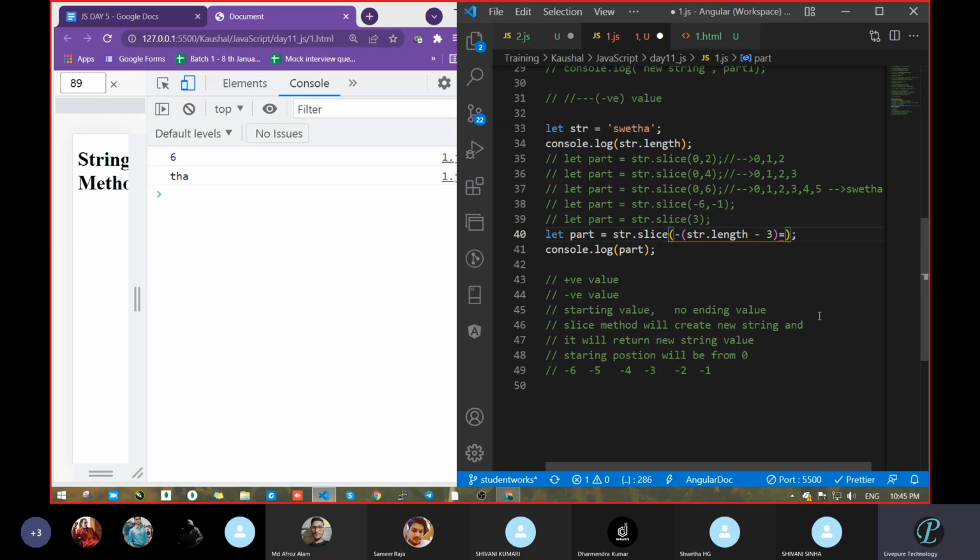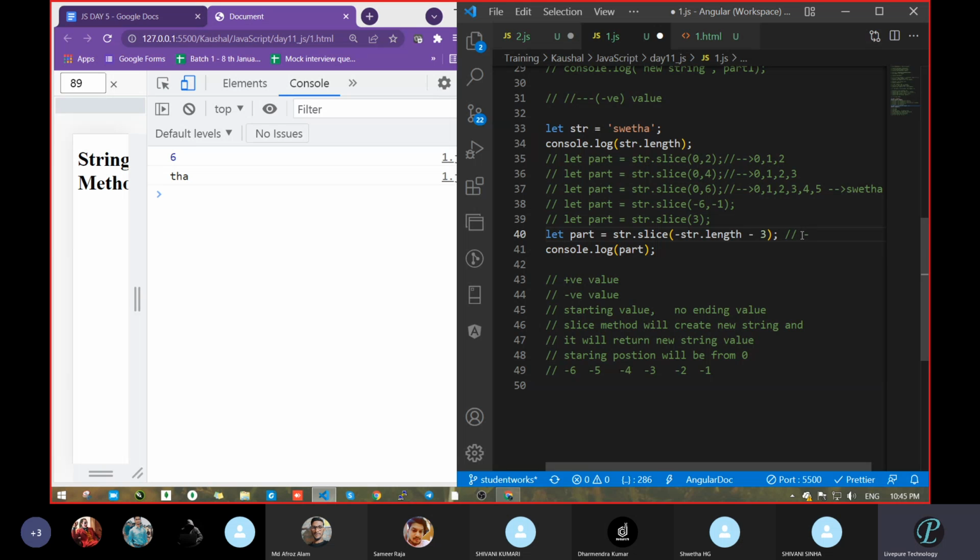But when we were passing this value, now what is happening? It is taking minus this value, not considered. So now it is -6 and -3. What is the value here? -6 and -3.